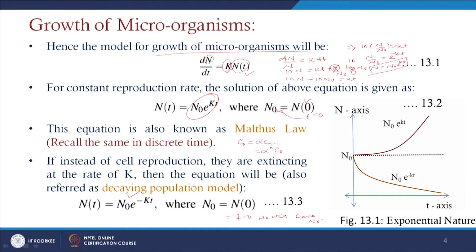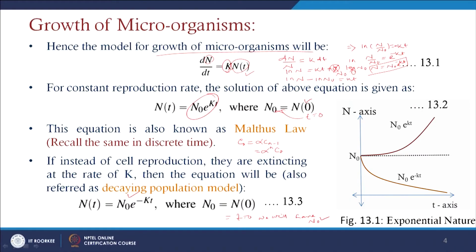the population level as n0. If we show this in a graphical sense here, then we can find that there is a growth and a decay rate. There is an exponential growth at a rate n0 e to the power kt, and if there is decay, this is the population decaying rate, which is approaching towards 0, and finally we can find that there will be no survival of the population as t tends to infinity.